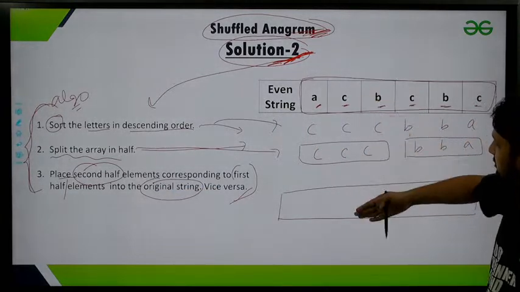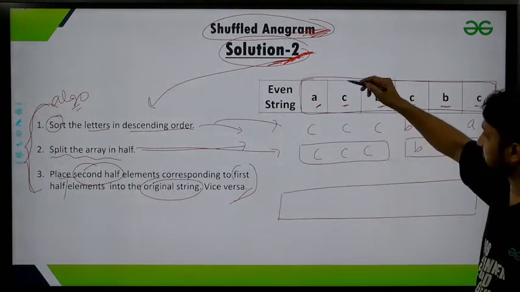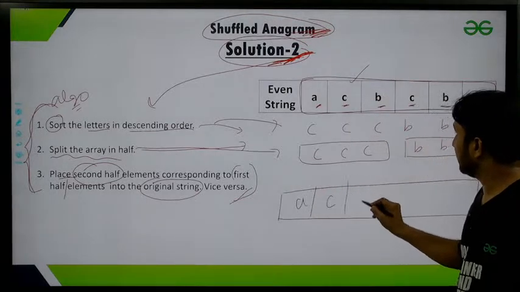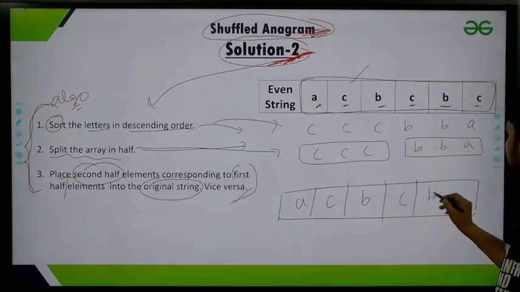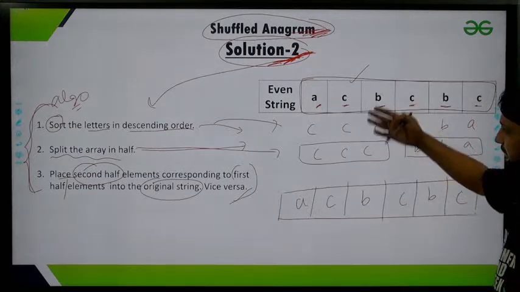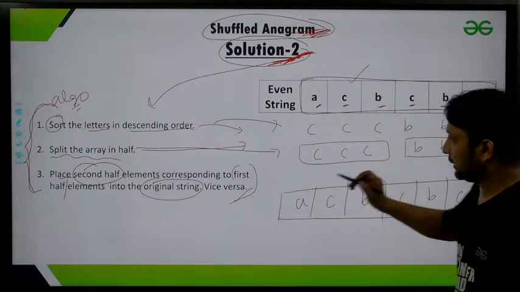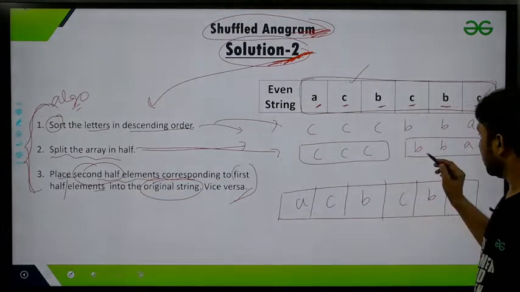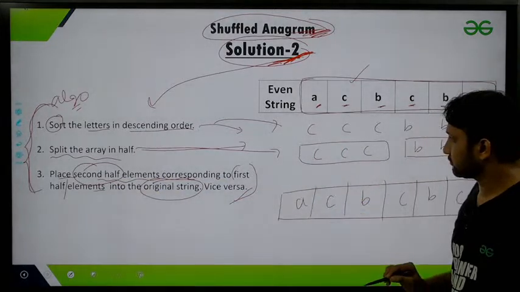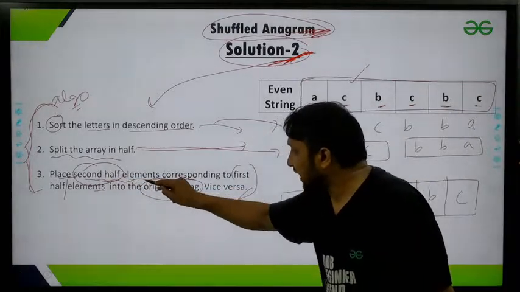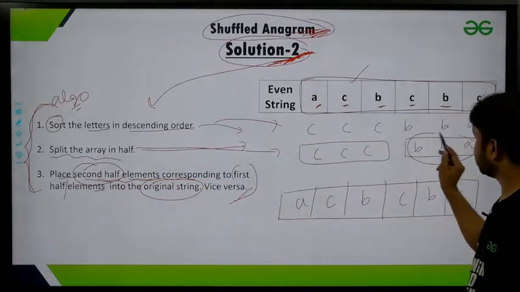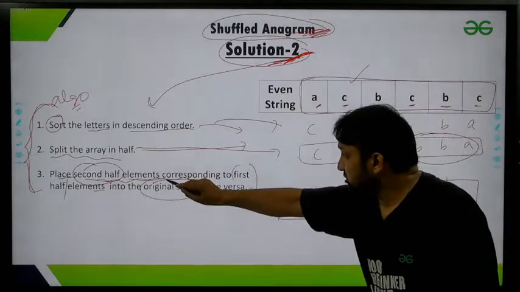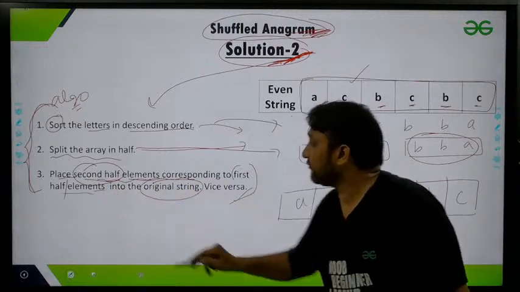So let me copy the original string. Whatever was my input, let me copy that. So A, C, B, C, B and C. So this is my original string, and according to this statement, I need to make changes in the original string. So what this statement is saying: place the second half elements. I need to place these elements in my original string based upon the first half elements. How? See,